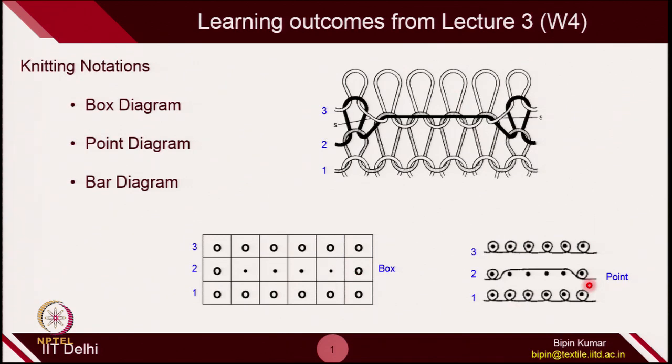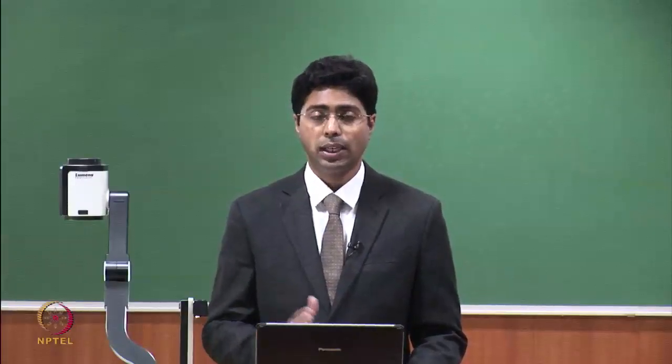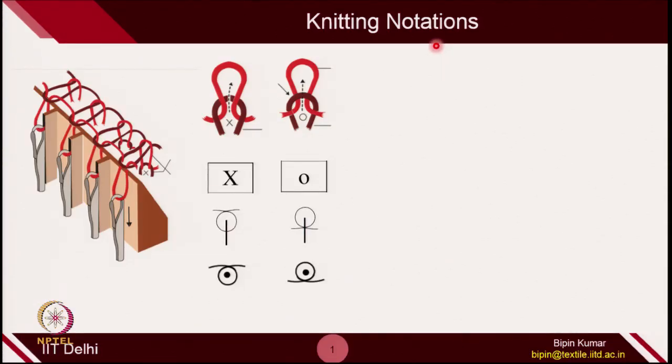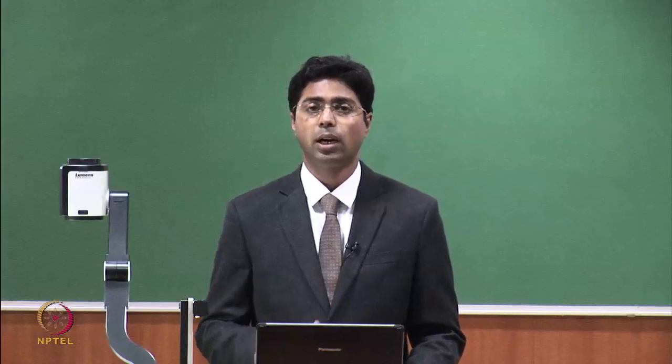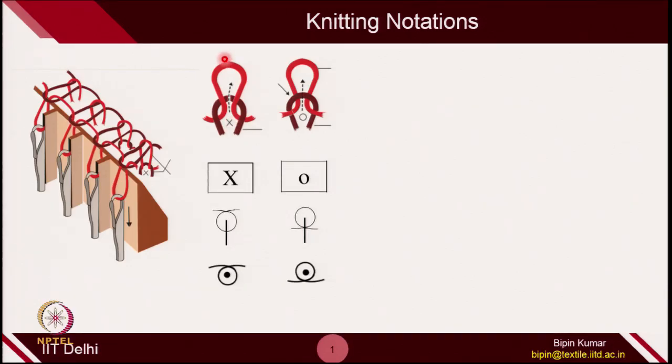What are the steps which need to be followed when you have to design these types of diagrams? So, knitting notation is extremely important from a design point of view, because the number of fabrics which you can create is unlimited in weft knitting. So, these notations will be very useful to speed up the process and to make others understand the fabric structure. You have already seen technical front side and back side. This is how you represent technical front side.